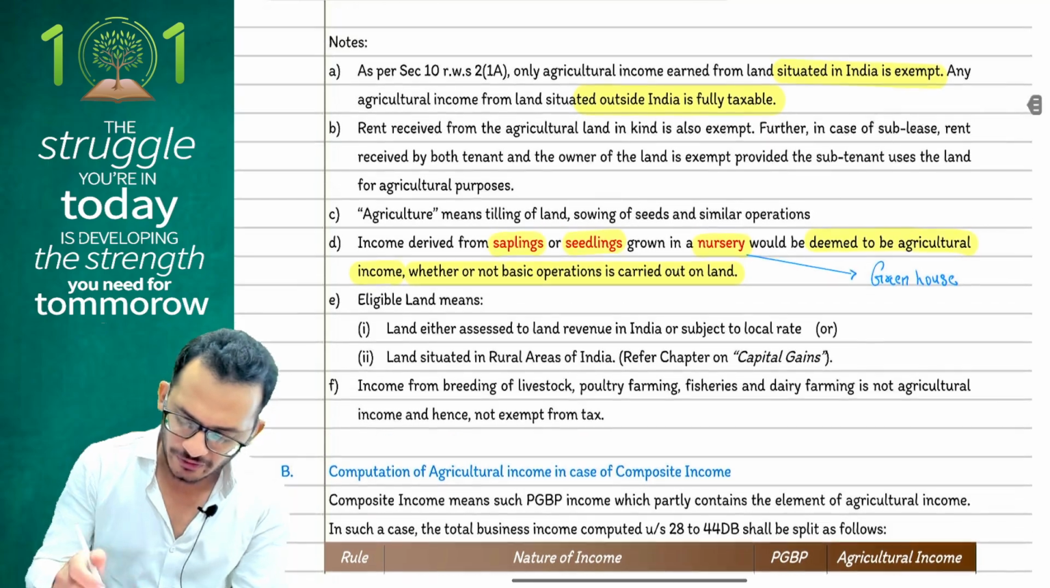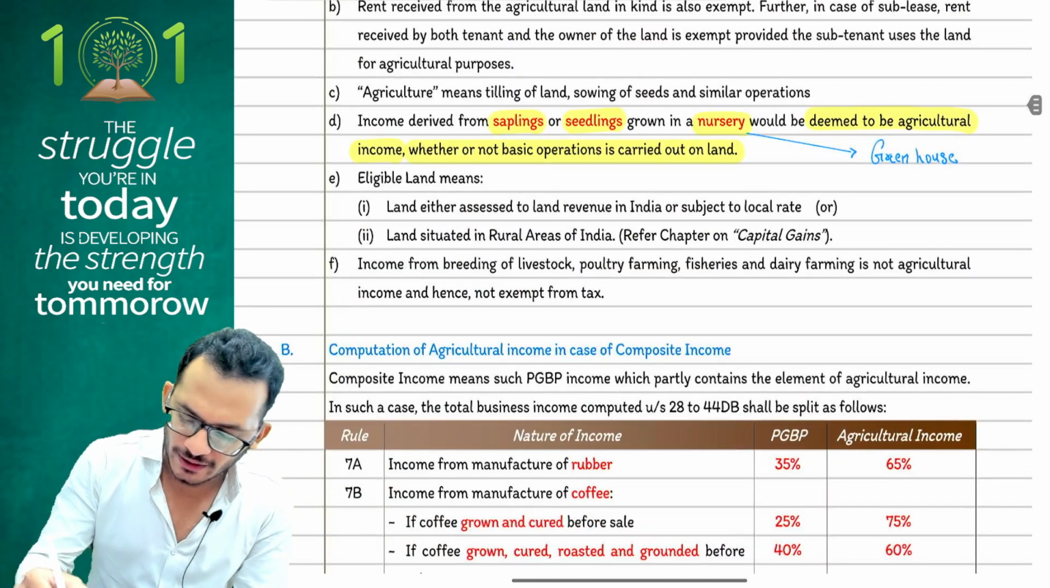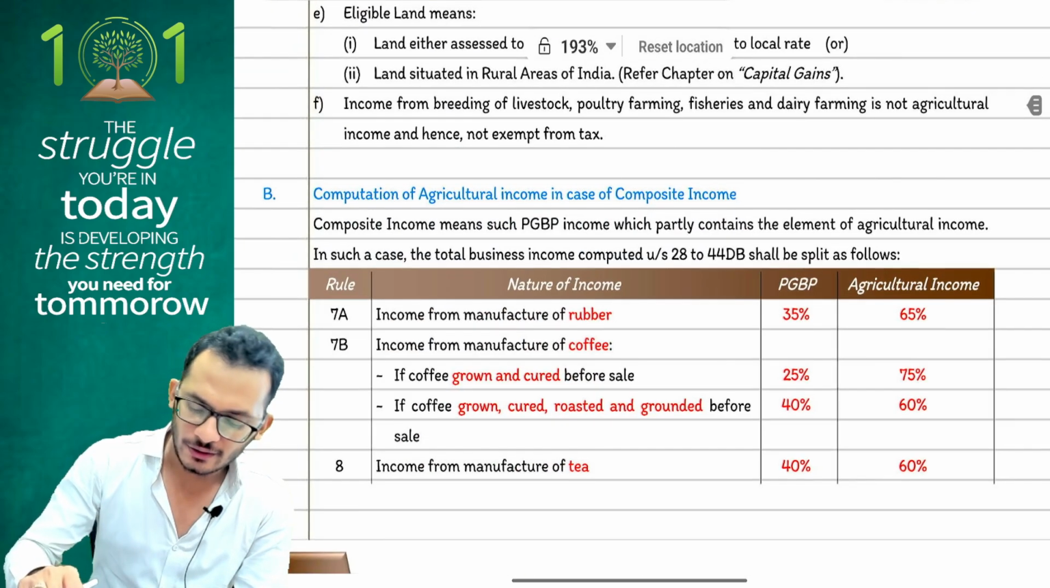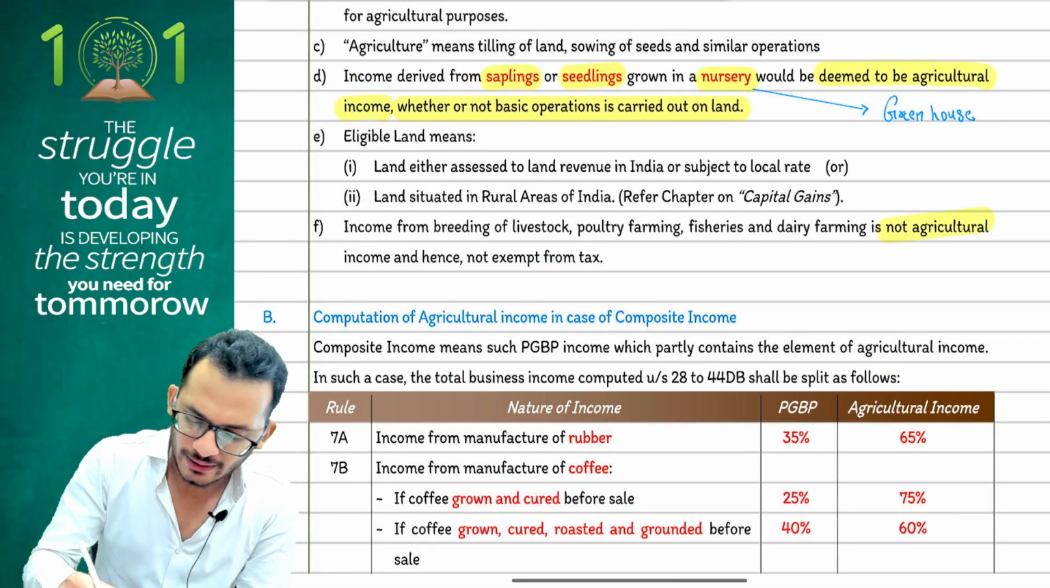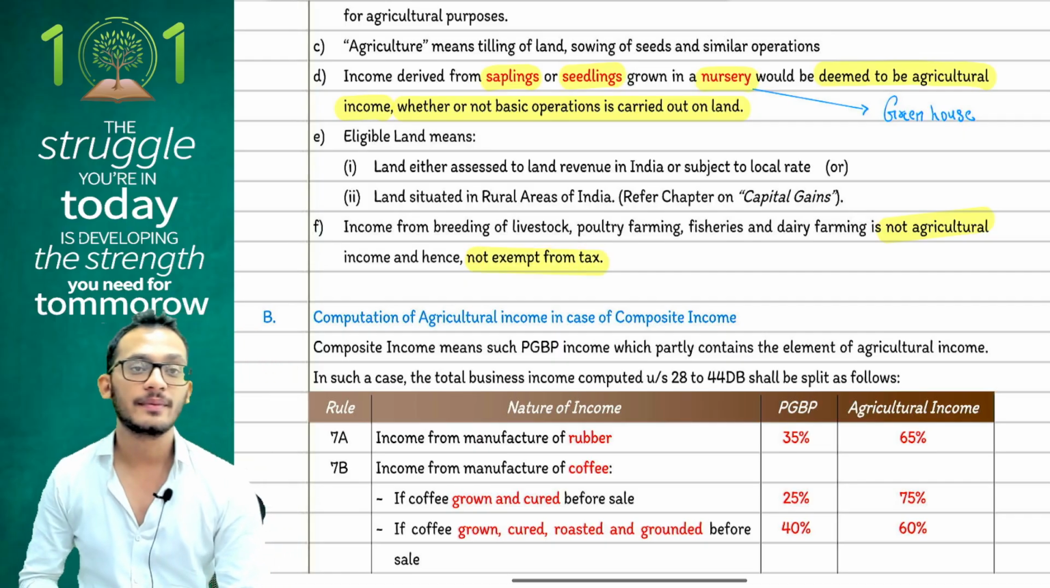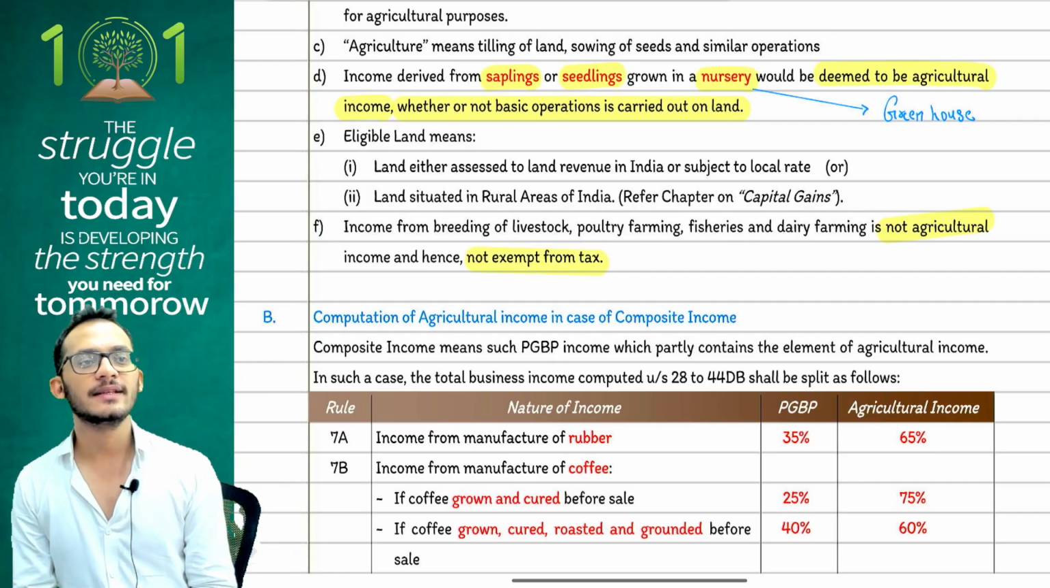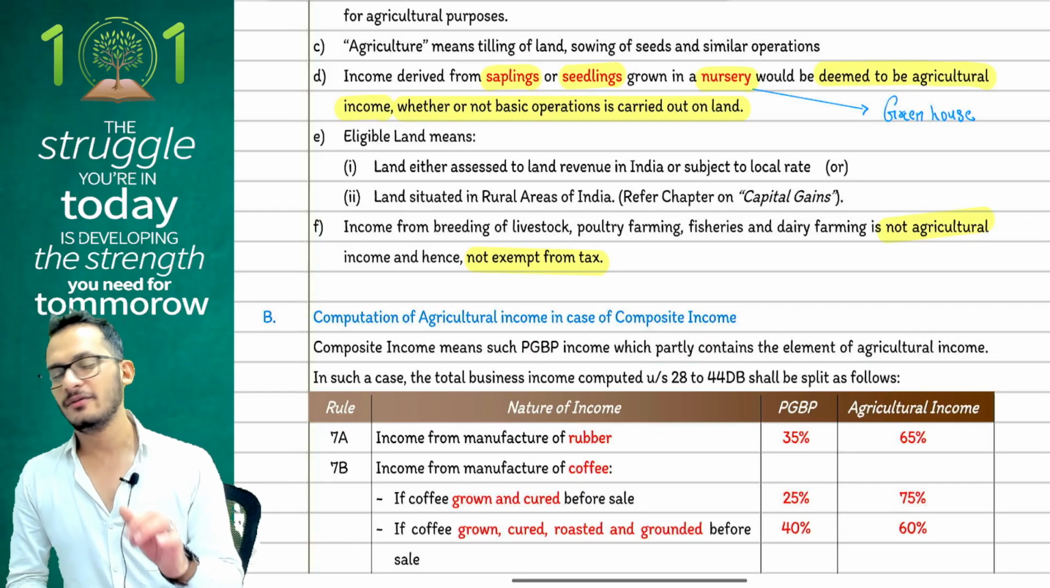Next, any kind of income from breeding of livestock, poultry farming, fisheries, dairy farming, all these are not agricultural income, and hence are not exempt from taxes. Yes or no? Yes. Now, people, this is not at final level, but at inter level,